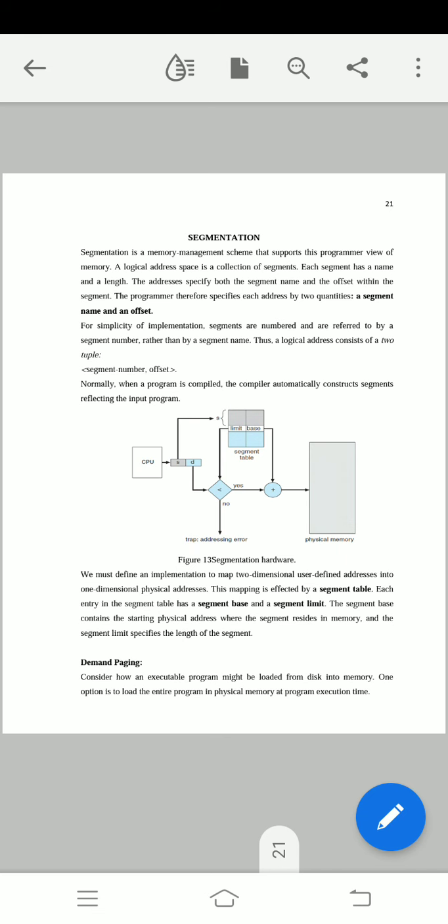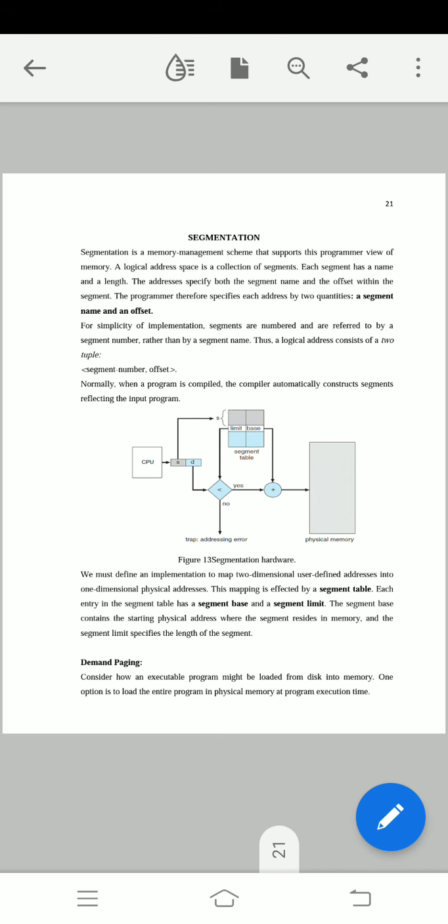Here the logical address space is divided into segments. Each segment has a name and length. The address specifies both the segment name and offset. There I called it page number, here I am calling it segment name. The offset will remain the same. There I had the offset or displacement, and here also I am having the offset.